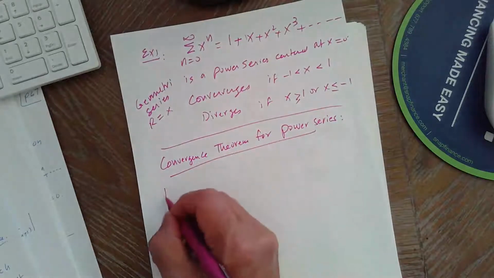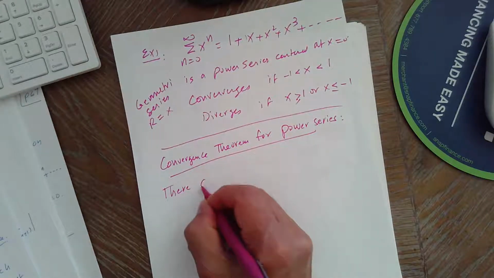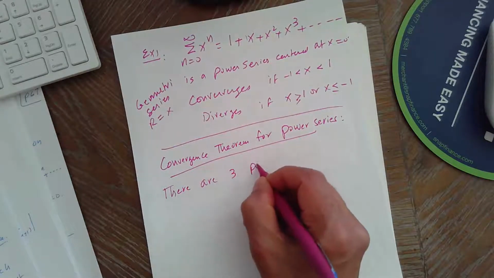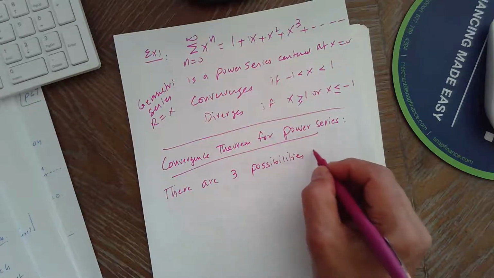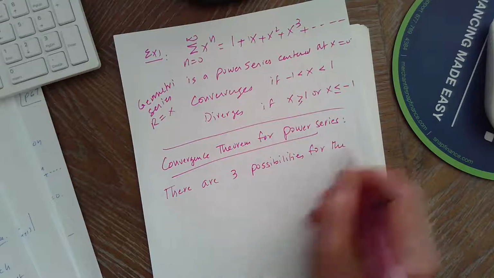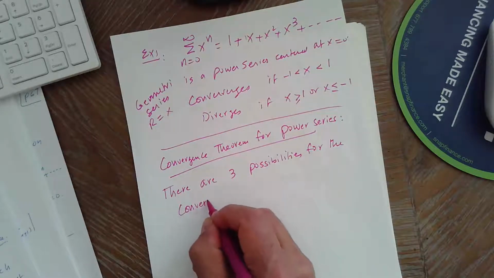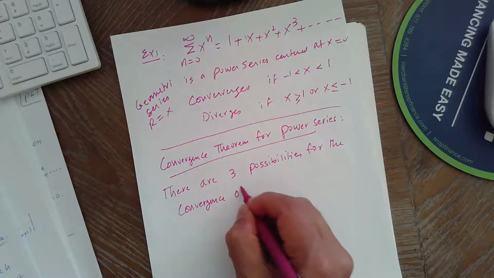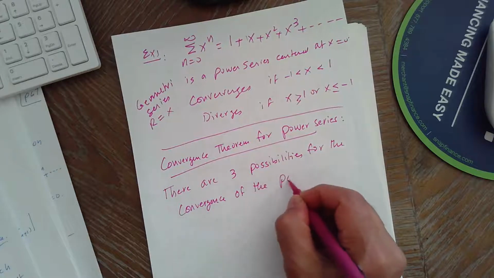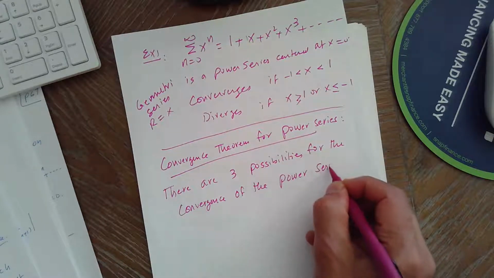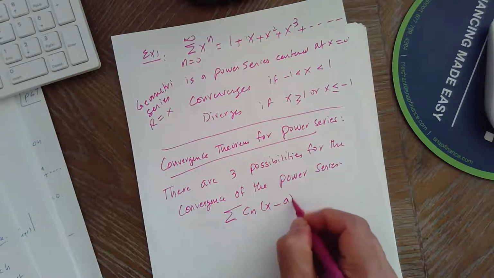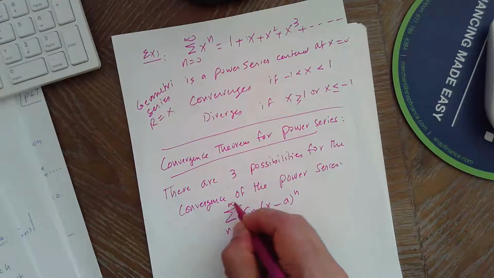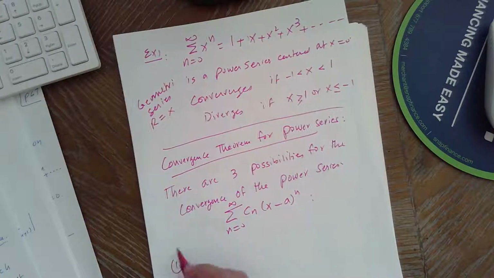There are three possibilities for the convergence of the power series sigma Cn (x minus a)^n, n equals 0 to infinity. The first one,